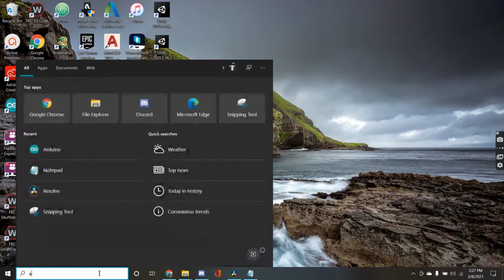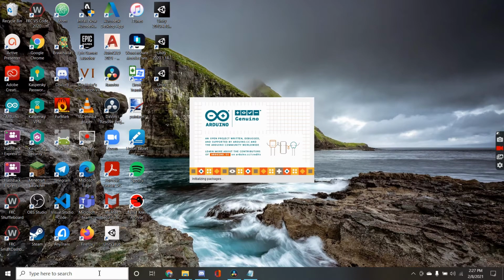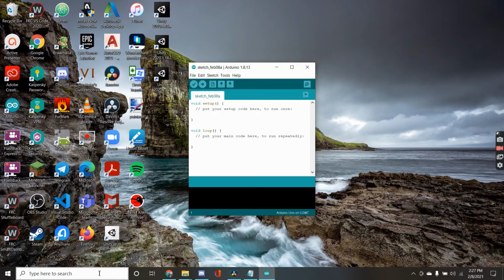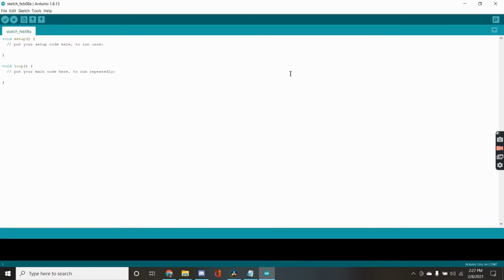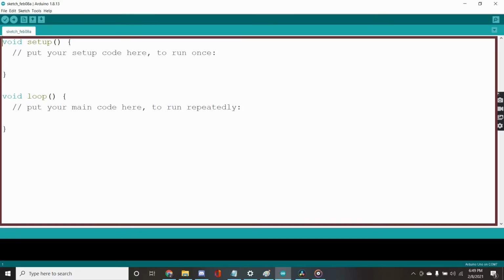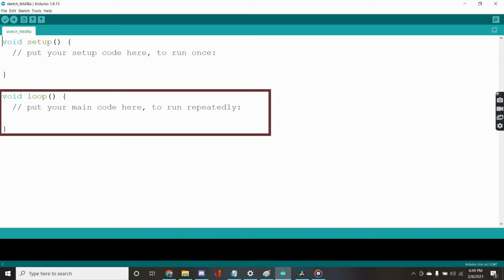Now that you have all watched the video and understand the foundational information of what an Arduino actually is, let's open up the Arduino IDE by typing in Arduino into your search bar, and then clicking on the Arduino app button. After waiting a few seconds, you should arrive at this screen. You will quickly notice that there are four major components in the interface. First is the place in the middle where you should be writing all your code. This area should originally contain two starter functions called setup and loop, which I will go over in the next